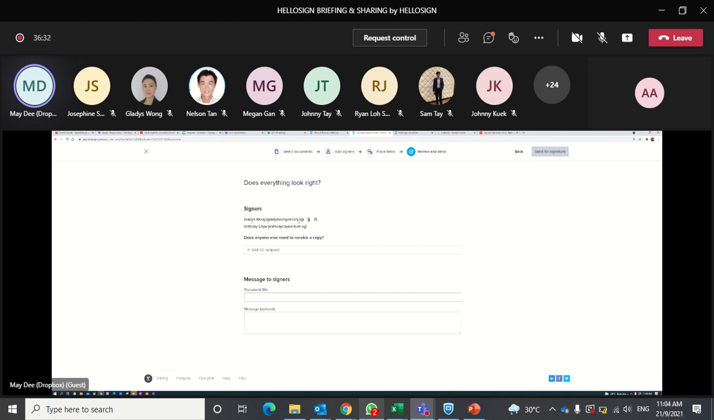type. So as you see here, Gladys has the pin 1188. And then of course I can add a person I need to copy for this. So let's say Jody is my manager, I can always add to notify her that I'm sending this contract agreement to Gladys. Then you can have